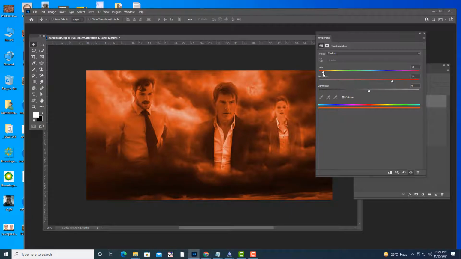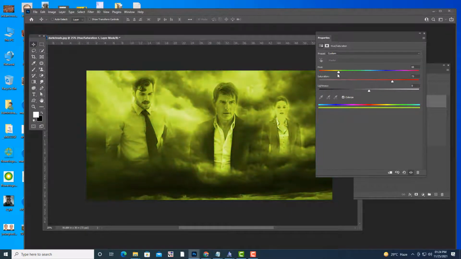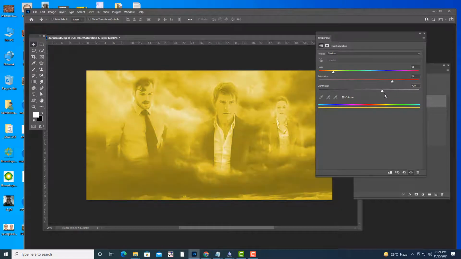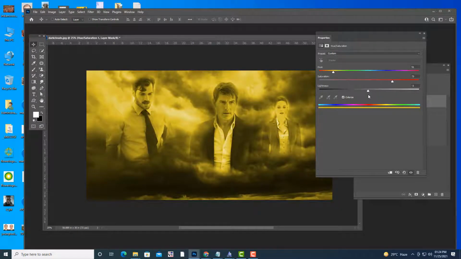Coloring. So we can use this type of colors, and you can make it more dark by reducing the lightness, or more bright by increasing the lightness. But actually, we can keep it at the middle, okay? So something like this. So now we got the cinematic look.